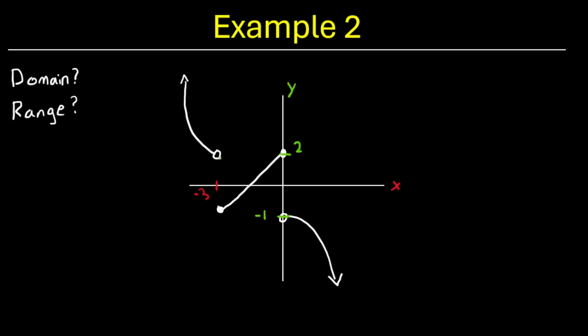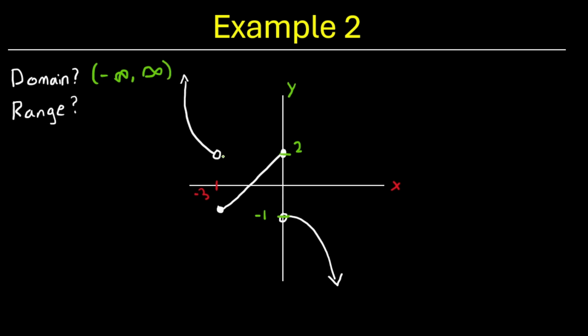Let's start off with the domain. So again, starting from the left, we see that this plot goes up and to the left infinitely. So our domain goes from negative infinity. We go down here. We notice that this is hollow, so it's not inclusive, but this segment is inclusive, so we don't need to represent a jump there. We go up here to point 0, 2. We notice that this is inclusive. Hop down here. We go down and to the right infinitely,